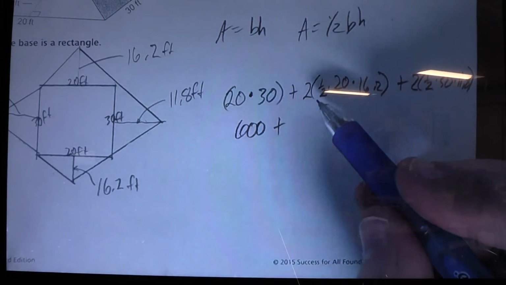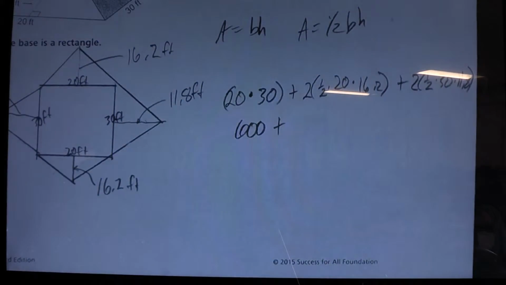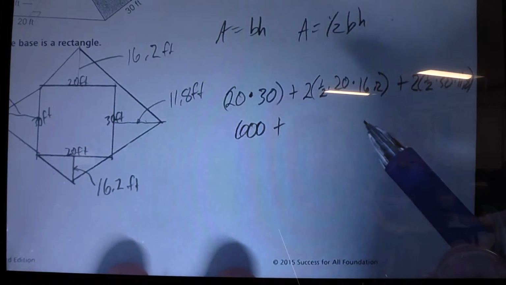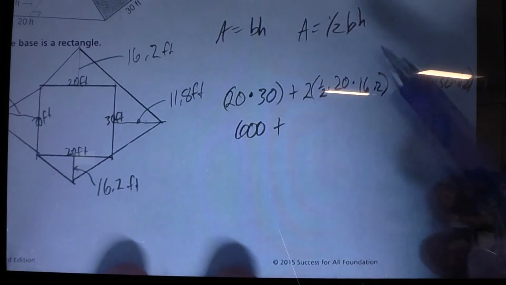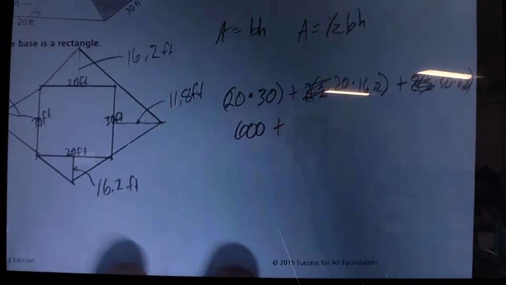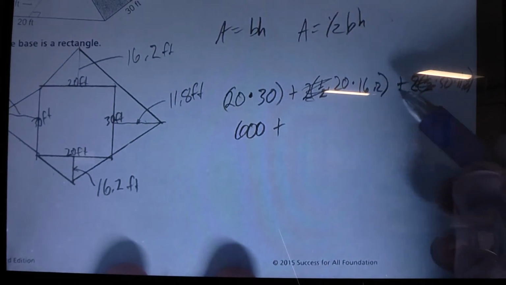Now, one of the things I want to say here, anytime you do 2 times a half, 2 times half is going to be 1. 1 is the multiplicative identity. Because anytime you multiply a number by 1, you get a product that's the number you start out with, these kind of cancel each other out. So I'm just going to scratch them out. I'm going to focus on 20 times 16.2, and that's going to give me